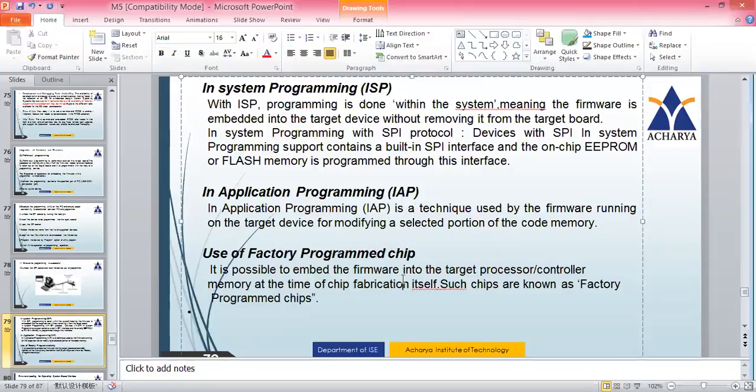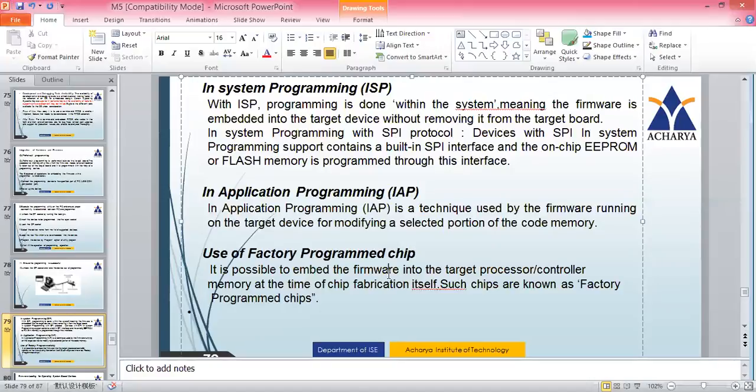Next, another type of integration is the use of a factory programmed chip. Here, it is possible to embed the firmware into the target processor or controller memory at the time of chip fabrication itself. So how is that? So far, whatever I have discussed is that the IC is already there and later you're programming it. But use of a factory programmed chip means when you're manufacturing that particular IC, along with the manufacturing of the IC, you fabricate the program into it.